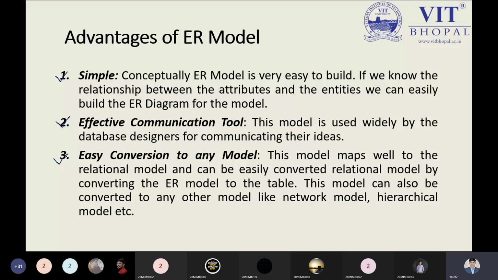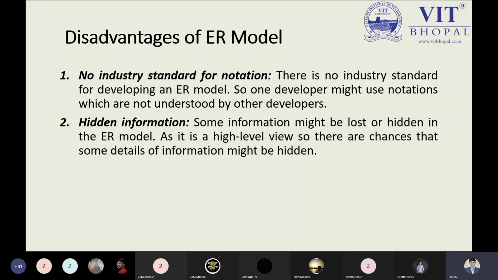There are some disadvantages we have along with the advantages part over here. Yes, no industry standards for the notation. One standard is defined that is used conceptually, but there is no other standard. But now industry is also adopting all these notations in today's era. But these disadvantages were from the earlier days we discussed, so I put it over here. In today's era, industries are adopting these notations. So from time to time, this has been reduced.